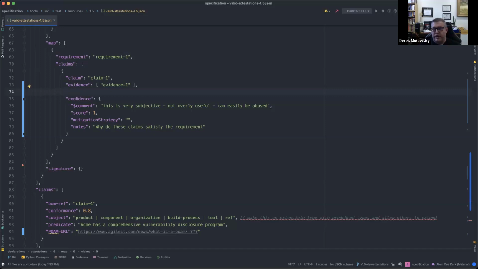I suppose I could make one claim for that and put multiple pieces of evidence in there too, to your point. So there's a couple of ways that we could slice that, but I'm hesitant because I've seen certain requirements that are very vague. NIST is kind of famous for some of that, right? Where there's a requirement, but there are like 5 different pieces wrapped up in one. Yep.